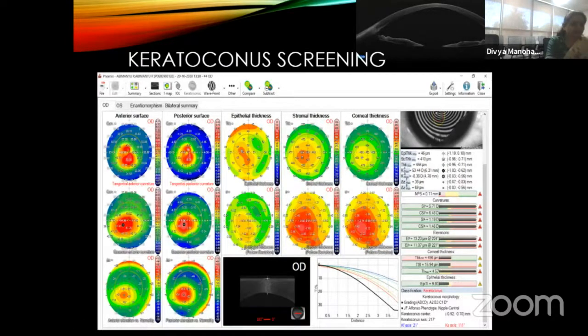So again, the stromal elevation map is a good tool for decision making for a refractive procedure, as in ectatic disorders, because the true pathology in an ectatic disorder lies in the stroma. And this can help in early detection, or subclinical cases can be found out easily.